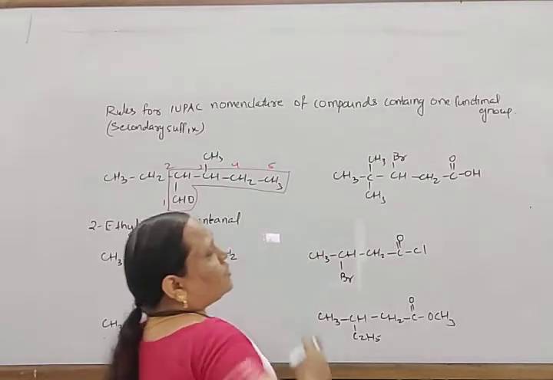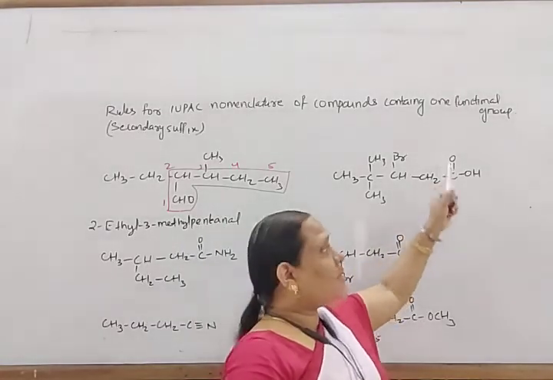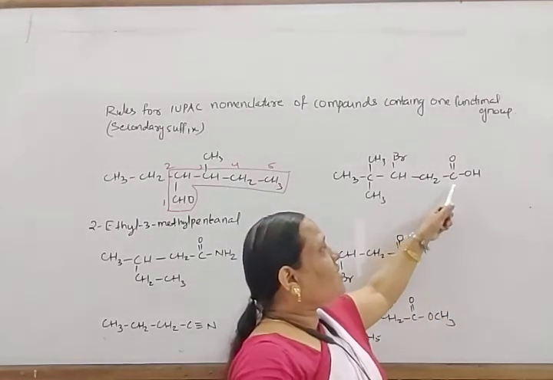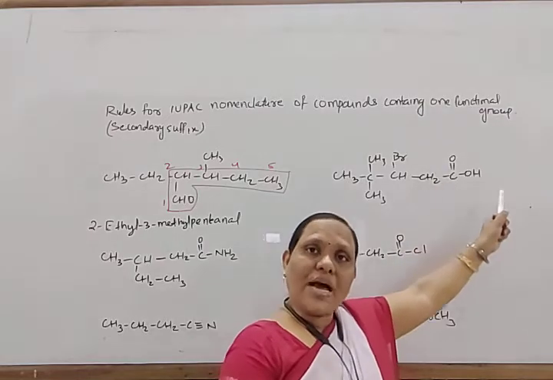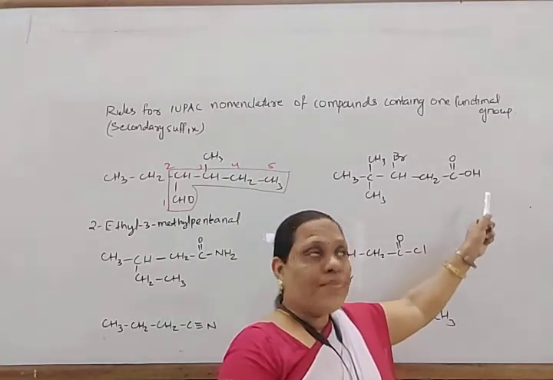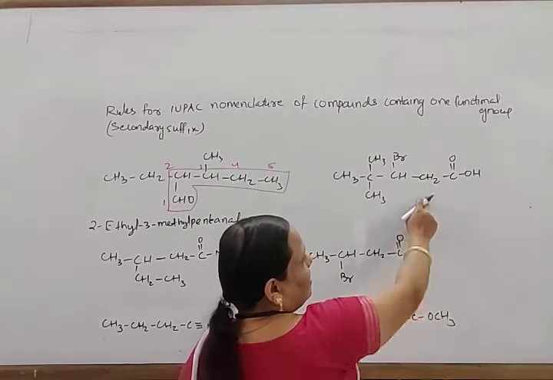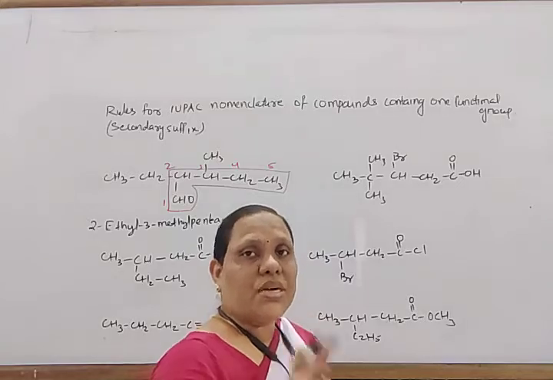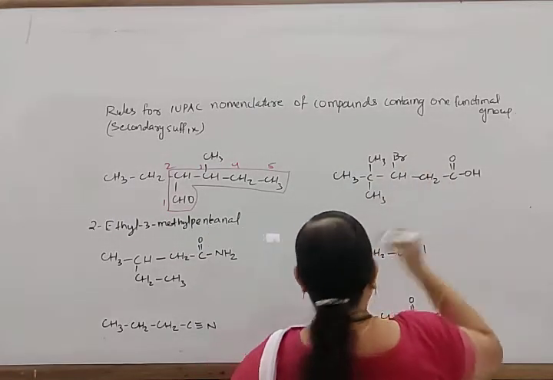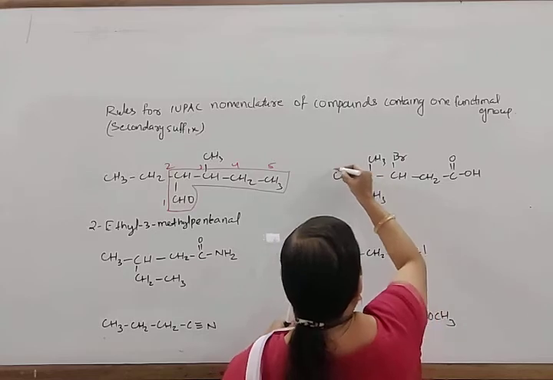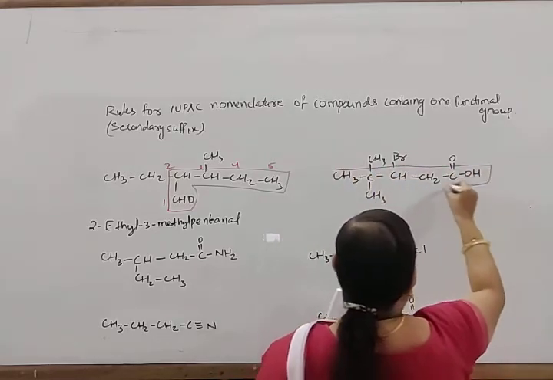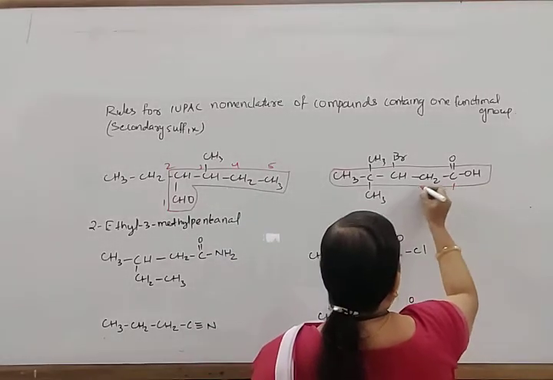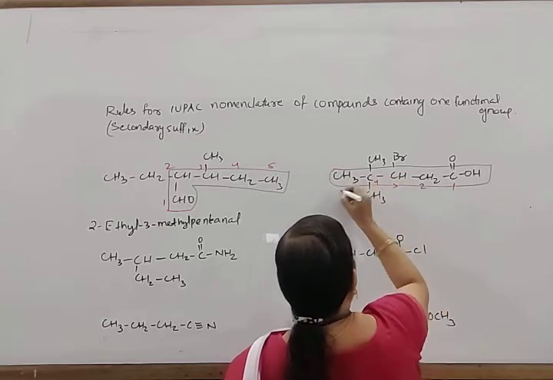Now look here. This is CO given, but if both sides are alkyl and in between is CO, that is your ketone. But with this CO, this OH group is there, so this is known as your carboxylic acid. So first identify what is the functional group. This is the carboxylic acid, and as this carboxylic acid is a terminal group, counting should always start from that carbon. So choose the long chain containing this carboxylic acid. Now this is the long chain containing carboxylic acid. Now give number 1, 2, 3, 4, 5.